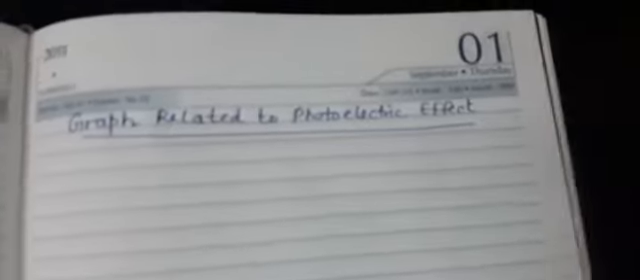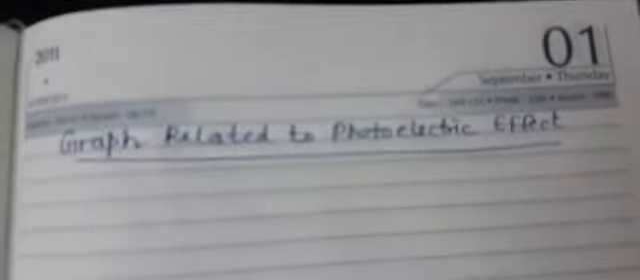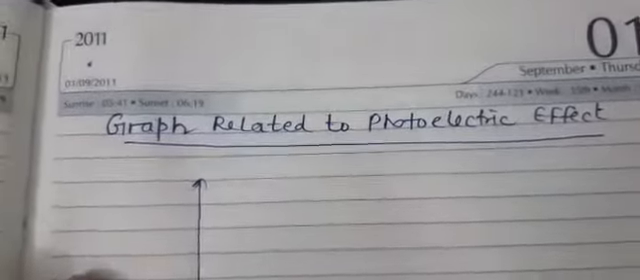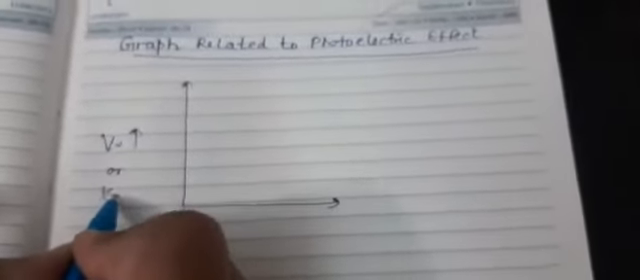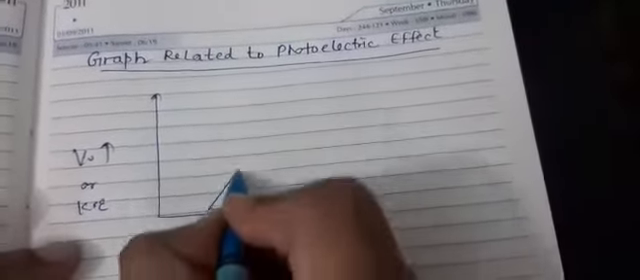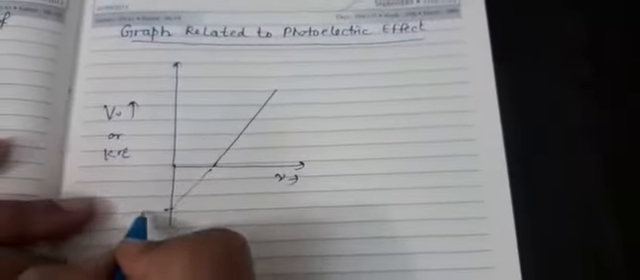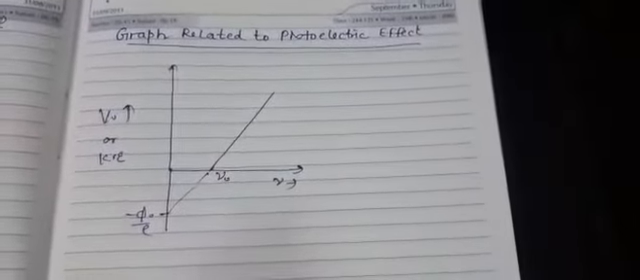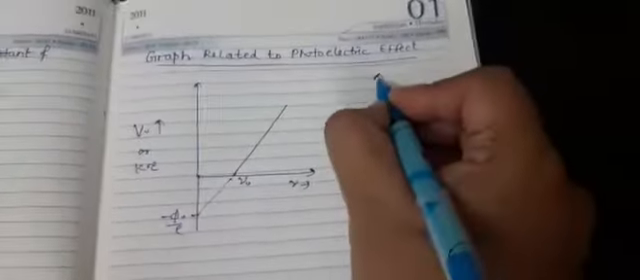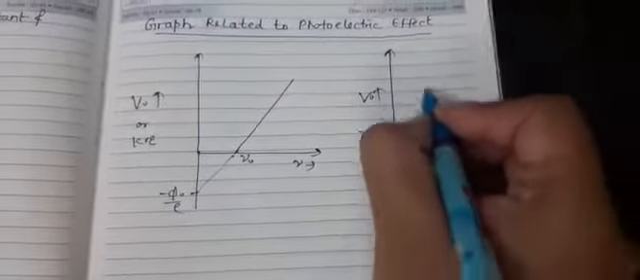After this, let me draw a few graphs. Already we have drawn the graphs related to the photoelectric effect. Now further, if we plot a graph between potential or kinetic energy with frequency, it will be a graph like this, where its intercept on the vertical axis is minus phi naught upon e. This is nu naught. If we are taking different metals, the same graph will have different threshold